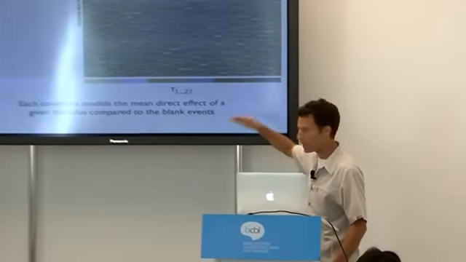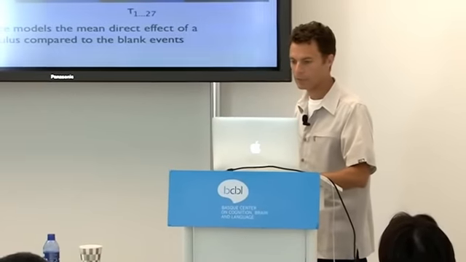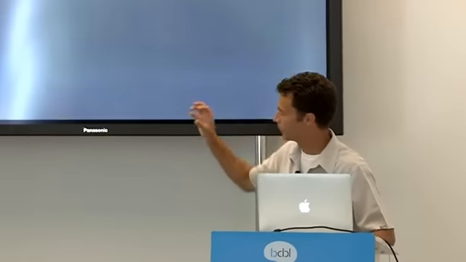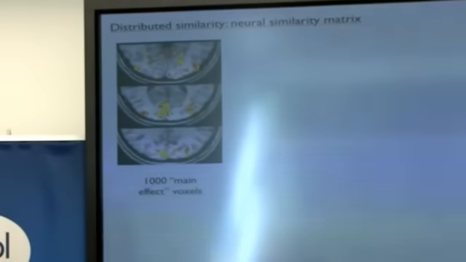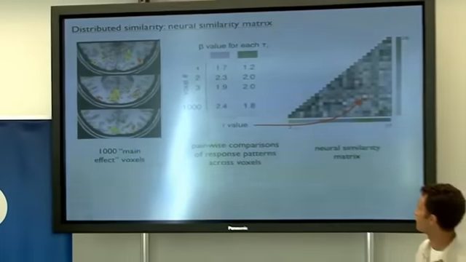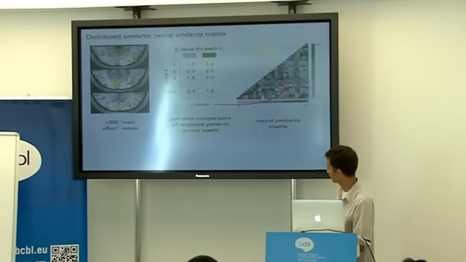Okay? So that's a modeling of each occurrence of that color across the entire thing. So you can then use the pattern of responses to those colors across the voxels to create a neural similarity matrix, right? So this is the kind of thing that Nikolaus Kriegeskorte has described and people do quite frequently now,